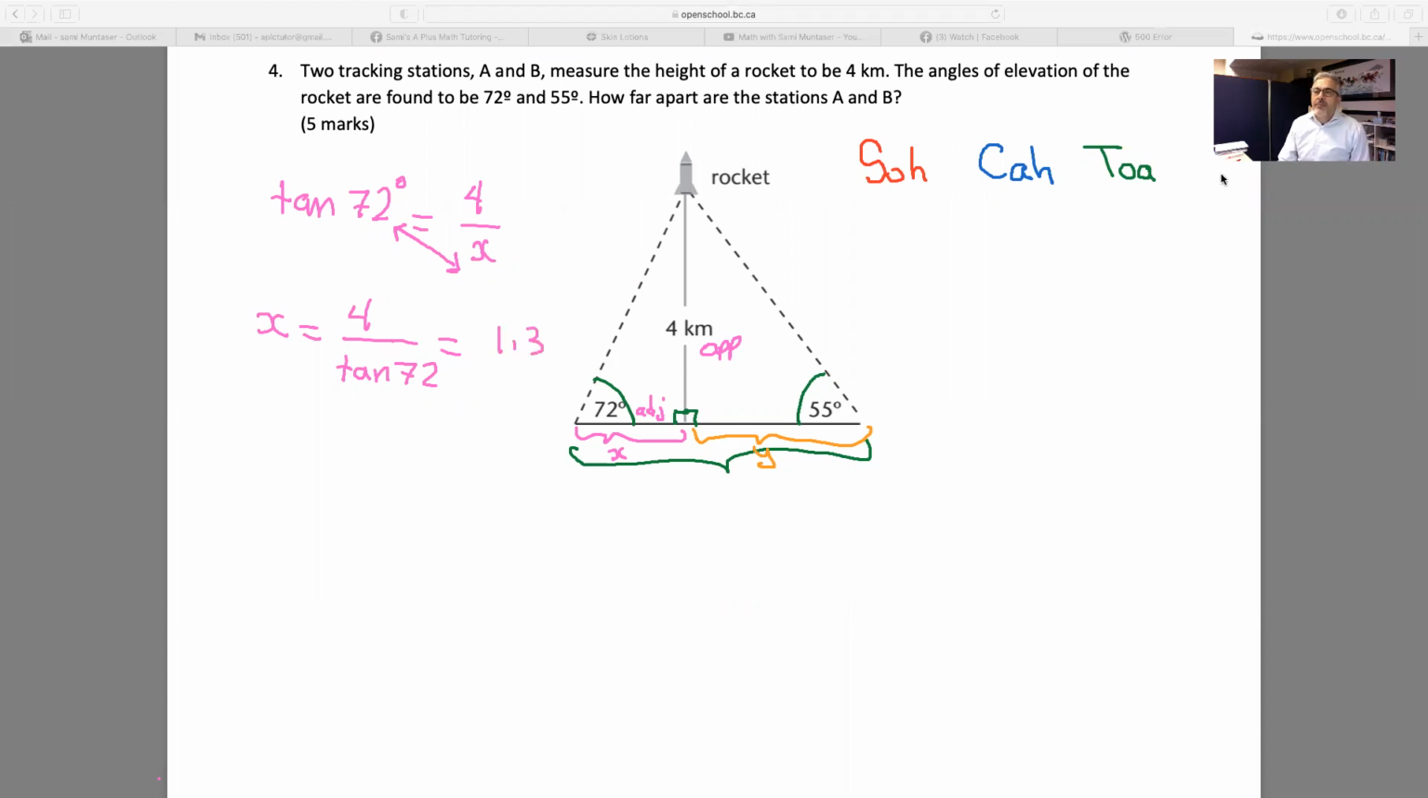Now let's find Y. Here for Y, we're using this triangle right here with the 55 degrees. With respect to 55 degrees, 4 kilometers is still the opposite, and Y is the adjacent. So again, we're going to use tan. Tan 55 equals the opposite, which is 4 kilometers, over the adjacent, which is Y. And the unknown is on the bottom, so just cross exchange. You get Y equals 4 over tan 55 degrees, which equals